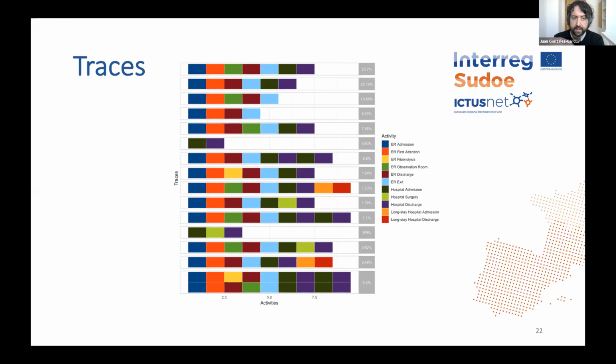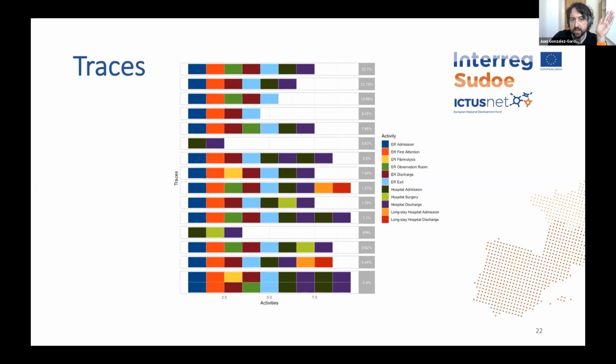In these traces you remove the time component and just look at the sequence of activities, sorted by the number of patients that went through each sequence. For example, the most common observed path, so the sequence of activities that occurs the most in the episodes observed, was